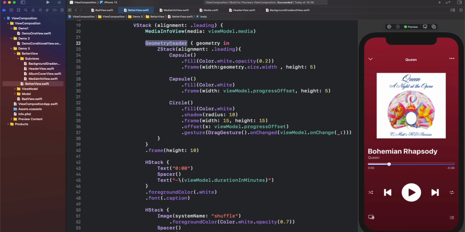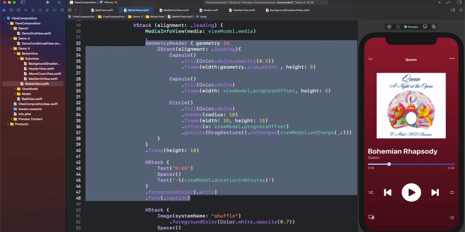I want to create a special video about that, but for now, the only thing you should know is that you can manipulate a little bit how to render particular things, because by default with stacks, the stacks do that work for you. But in this case, you can specify in relation to the actual space of the stack. So for example, I want to keep this particular width depending on the size of this stack. So it's good to use geometry size width. Okay. But anyway,